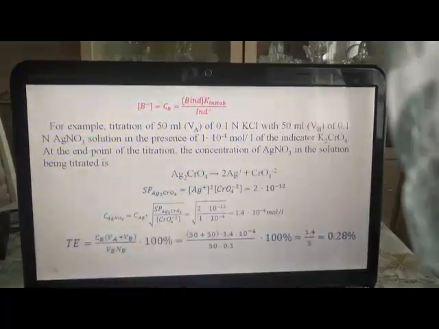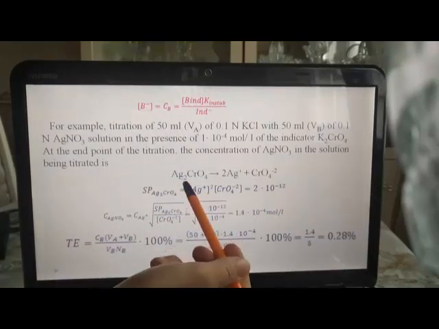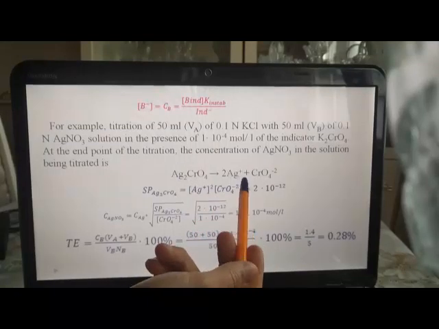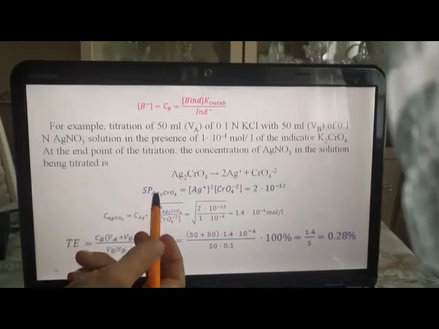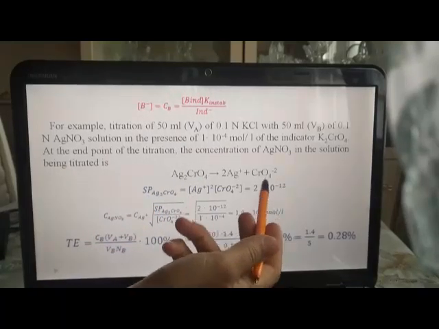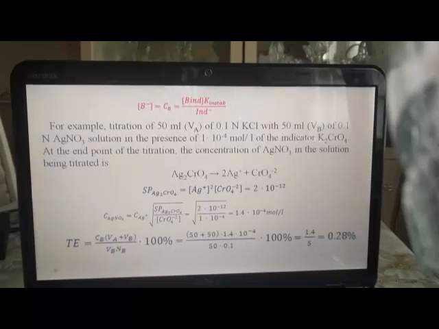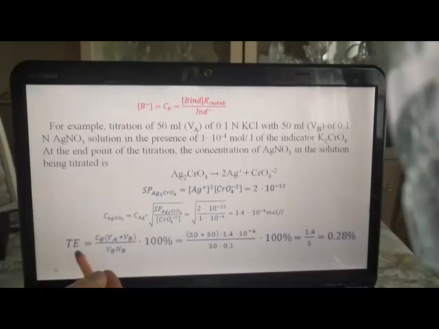At the end point of titration, the concentration of silver nitrate in the solution being titrated is equal to that from the silver chromate decomposing into positively charged silver ions and chromate ions, and the solubility product for this precipitation is equal to 10^-12. And after the calculations we found that the titration error is equal to